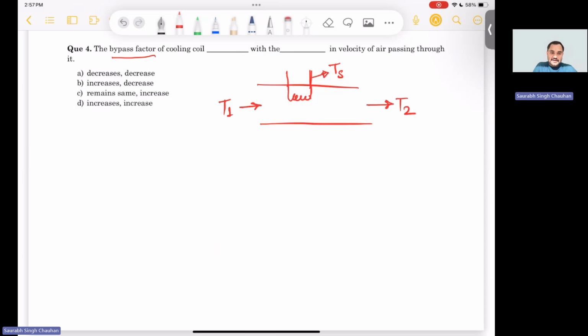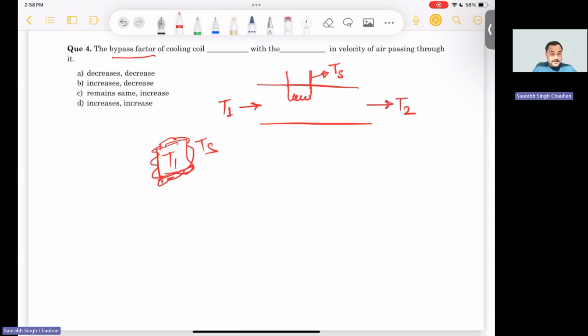If you have infinite time, then after infinite time the temperature of incoming air will be equal to Ts, right? If you have kept this air T1 into some box which has temperature Ts, then after infinite time this air will become at the temperature equal to Ts,